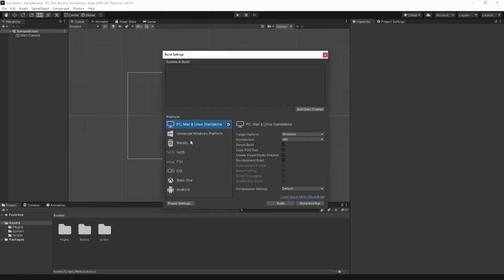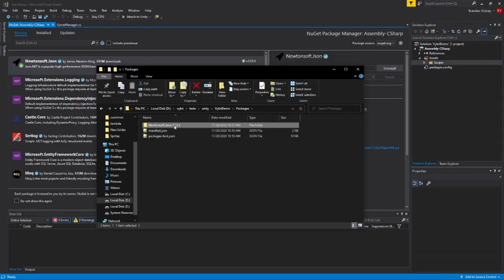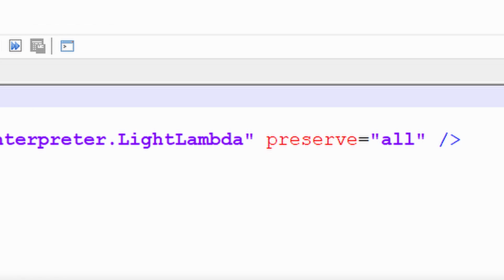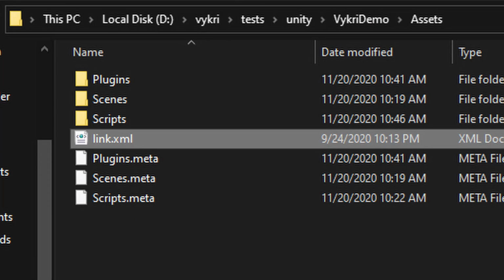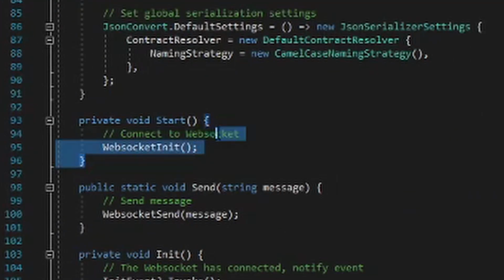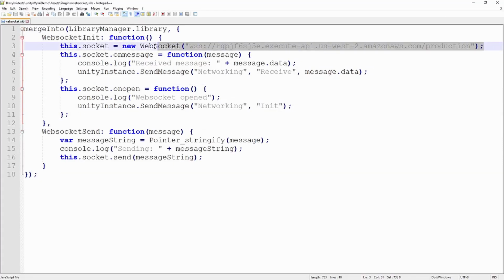A Unity project is built to WebGL. The project is using the .NET Standard 2.0 DLLs for the Newtonsoft library. During compilation, Unity will keep the light lambda class file necessary for Newtonsoft to work due to our link.xml file in the assets folder. A player opens the game in their web browser. The scene loads and the WebSocket runs its start function. This calls the WebSocket.init method in the Websocket.jslib file, which creates a new WebSocket connection to the API gateway endpoint